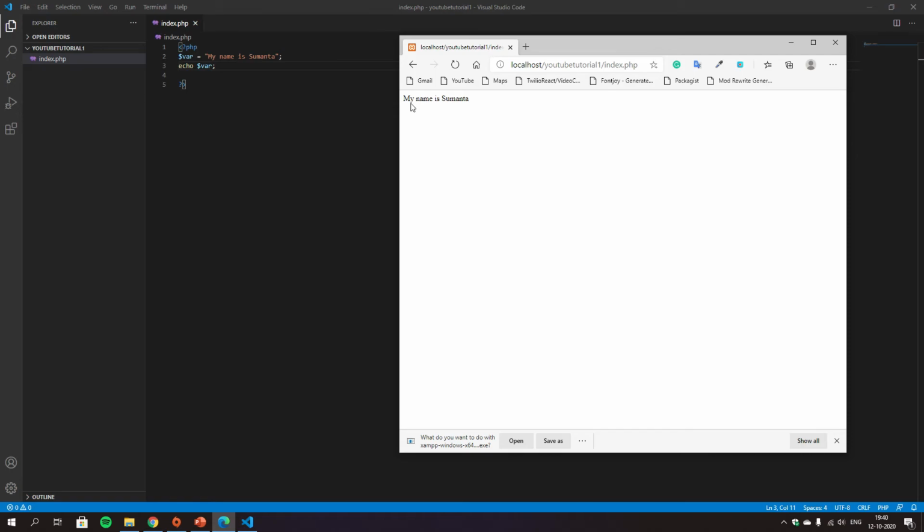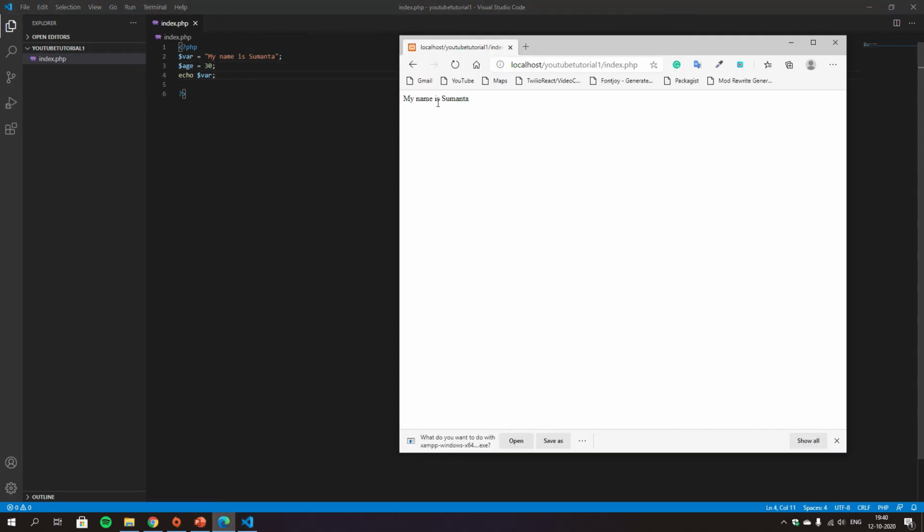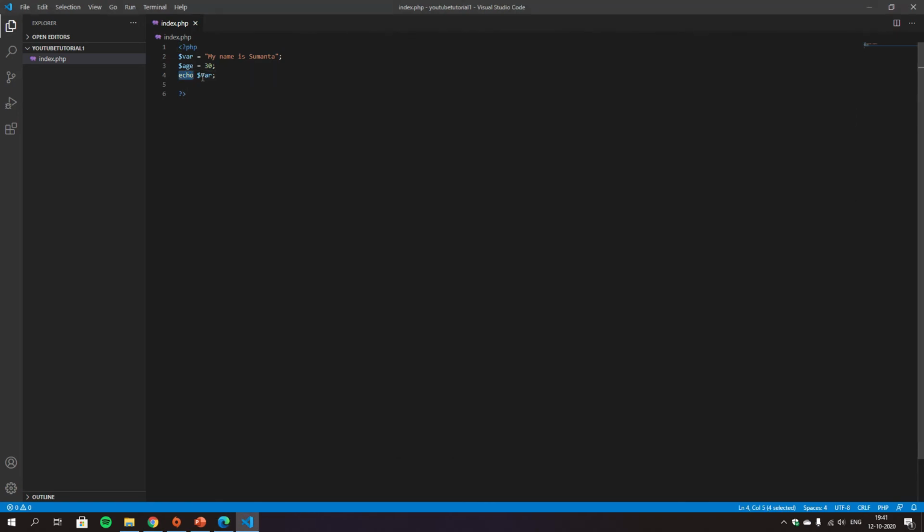Now if you define another variable called $age equals, suppose, 30 and then a semicolon, and you refresh your browser, you can't see your age, you only see my name is Sumanto, because we only echo $var, we don't display $age, right? So if you want to display $age, then just echo $age.